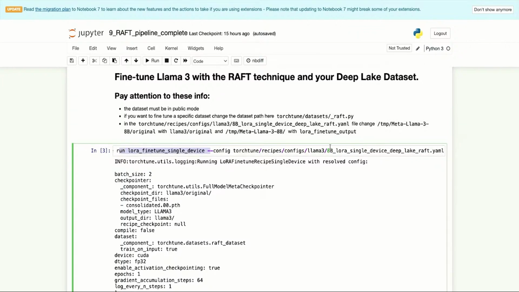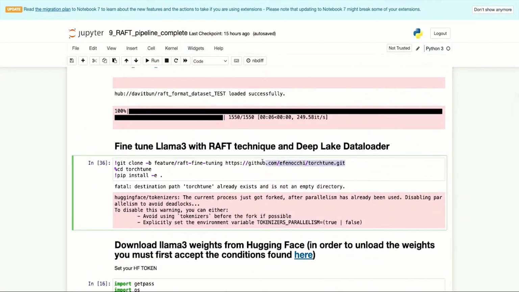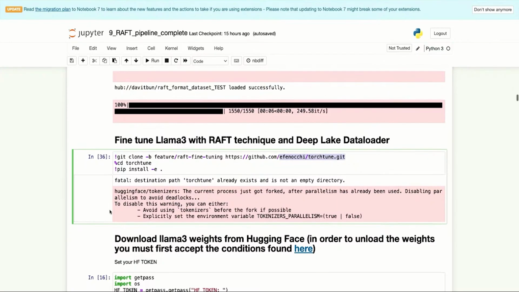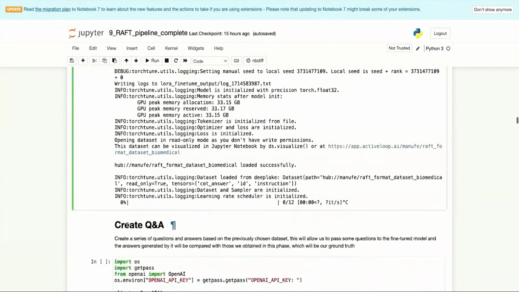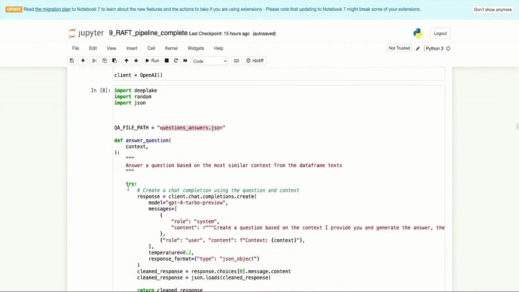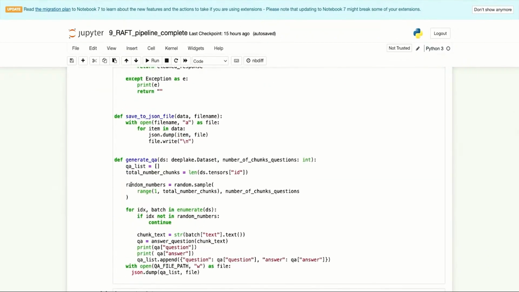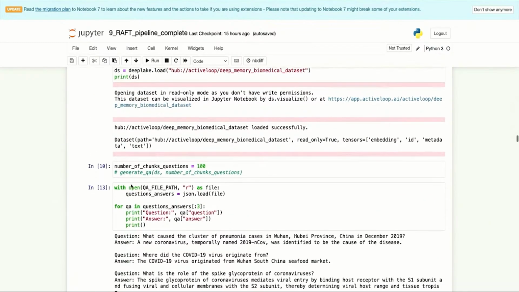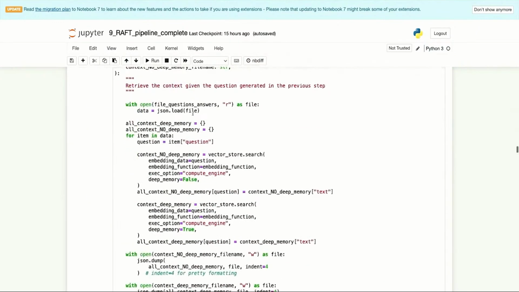Again, on TorchTune you won't see it now, but you can go to Emanuele's version of it, and you can find the training instructions there. This will take about 30 minutes, so obviously I'm not running it now. Create a dataset, then what we do is interesting here. We use GPT-4 to actually generate questions and answers. The generation of the questions is based on the corpus data that we have from Covid-19. After this generation, we create the vector index and then embed the data as well.